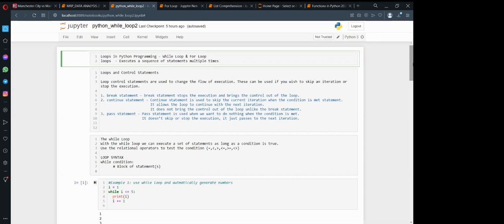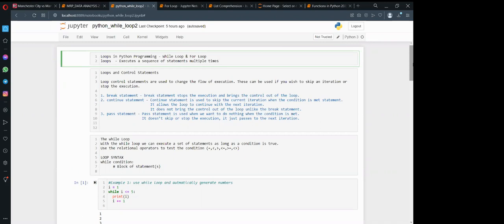The break statement is important because sometimes you want to stop executing the loop. Maybe you have reached a certain level, and you want to get out of the loop. So you break out of the loop.